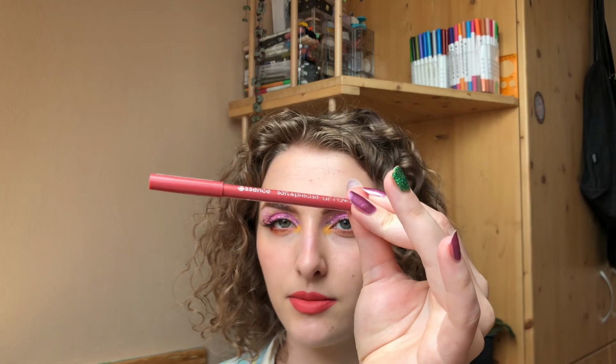And then on my lips I used the Essence Soft and Precise Lip Pencil. This one is in the shade Happy. And then I used this Corpse Bright liquid lipstick from Sheglam. This one is in the shade Emily. So, I tried to do a more rounded Cupid's bow type of shape, you know, just slightly overline the Cupid's bow, so that it's a little bit cuter, or I don't know, it just felt like the